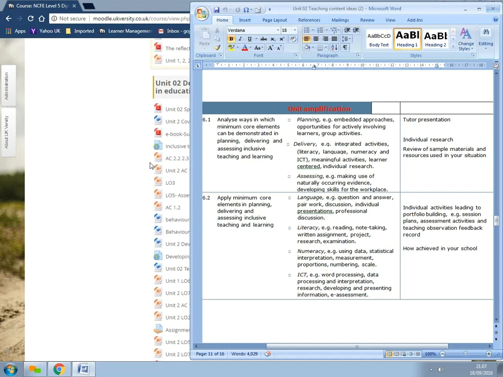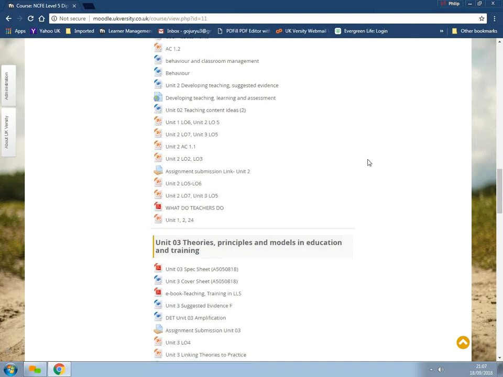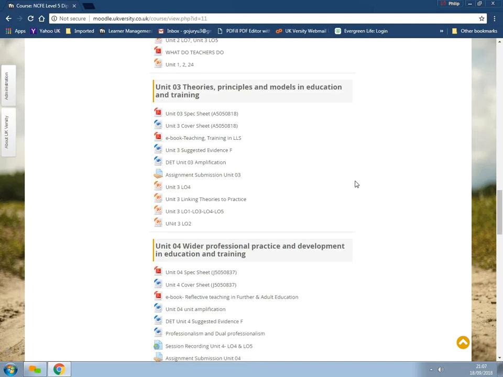Other than that, as I said, there's quite a few points for particular areas. Unit 2, and it covers some of the other units as well, because there's a very full comparison between some of the questions in Unit 2 and Unit 1 and Unit 3. But as I said, Unit 3 is definitely a one-off. It's different from the others in terms of the first part of each unit, which is asking you specifically, if I pull the amplification up,